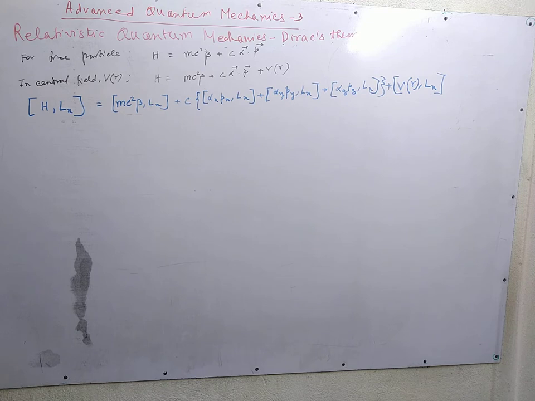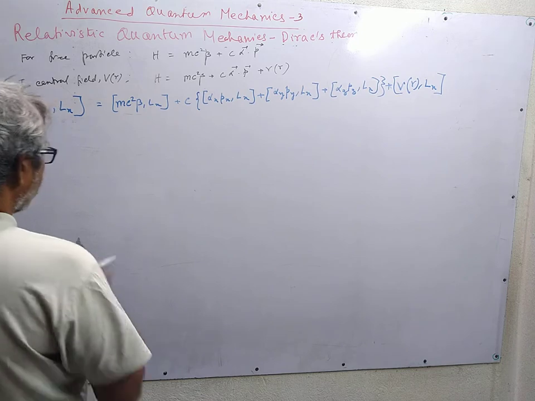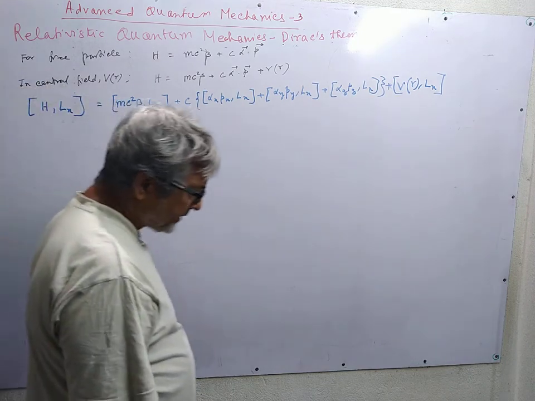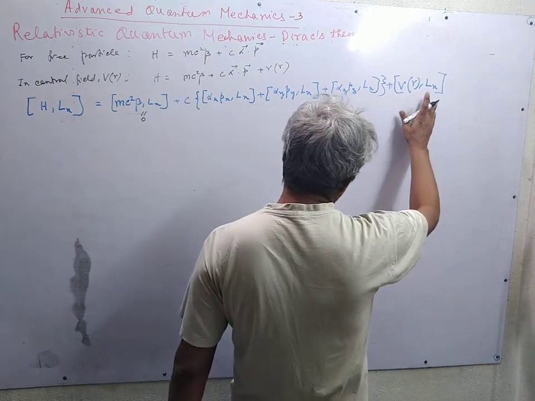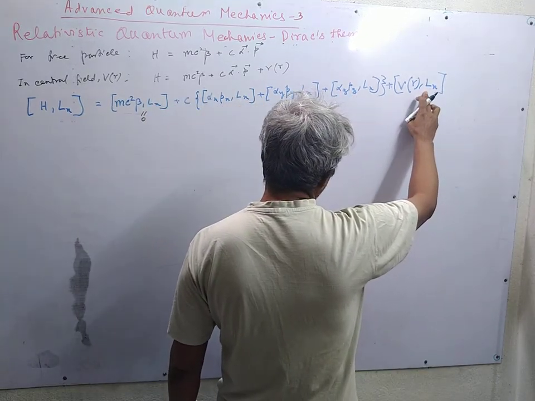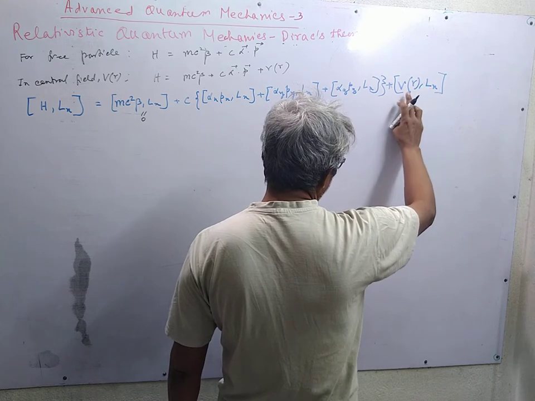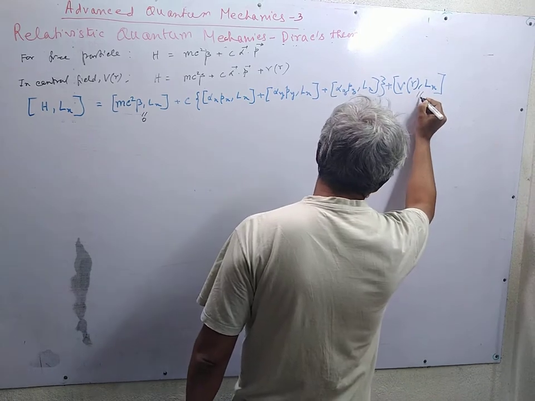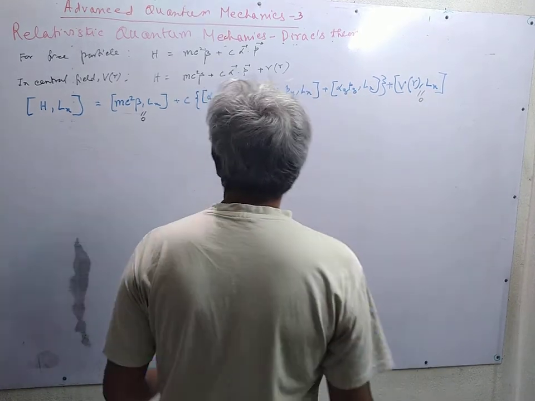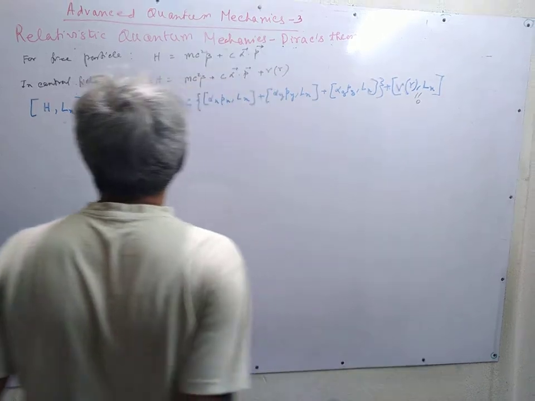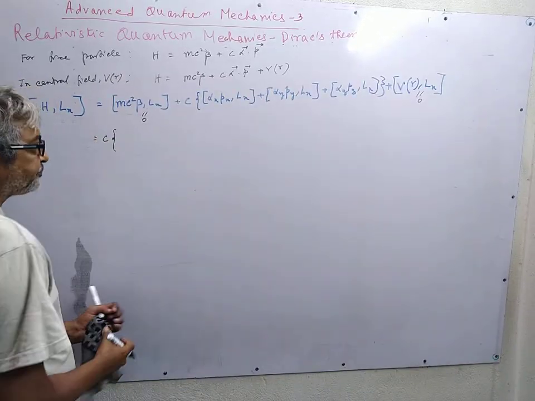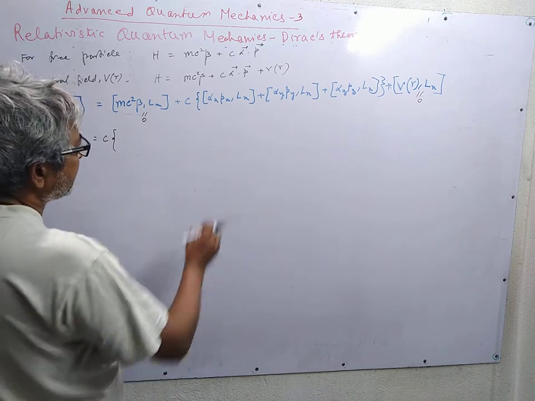You see that beta commutes with all the dynamical variables, so this is 0. Lx, if we represent it in spherical polar coordinates, the angular momentum components have only theta, phi dependence, whereas the central force field potential has only r dependence, so this is 0. So we are left with this term. If we rewrite this term with c taken common,